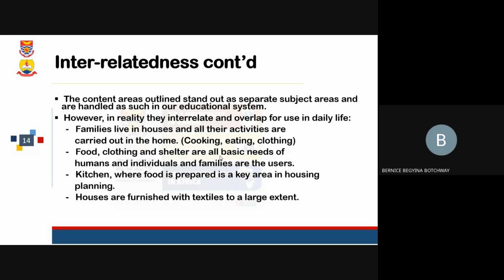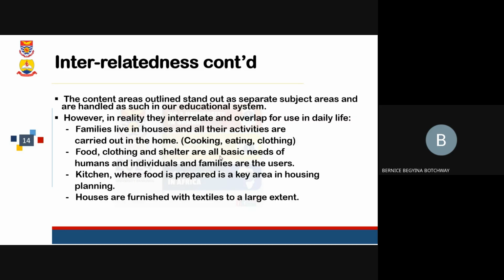All right. So I have discussed the food and nutrition aspects, the clothing and textiles aspects, the management and living aspects of it. So let's see the interrelatedness. How do you see some aspects of clothing and textiles in management? How do you see some aspects of food and nutrition in clothing and textiles? What influences it? This knowledge will help you.